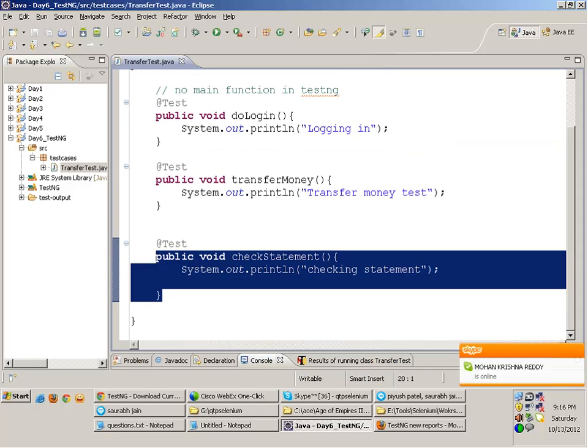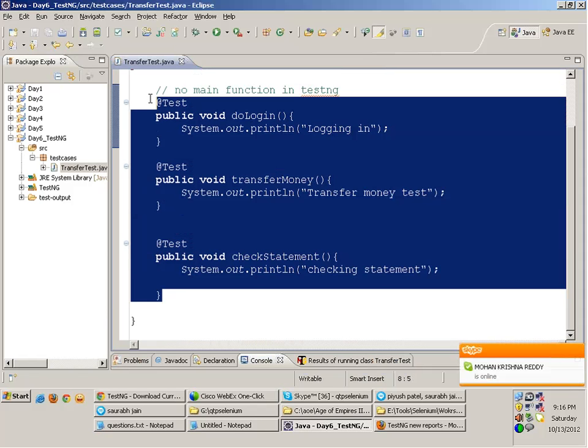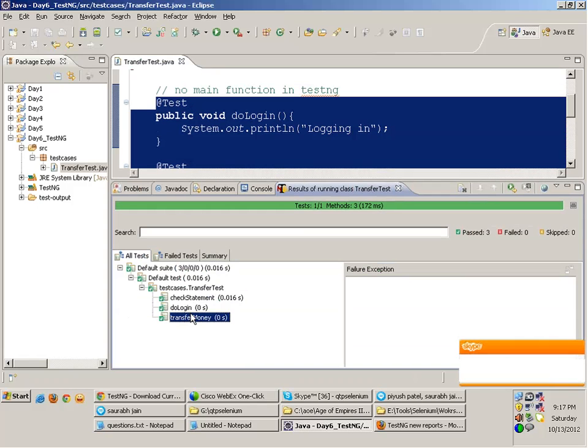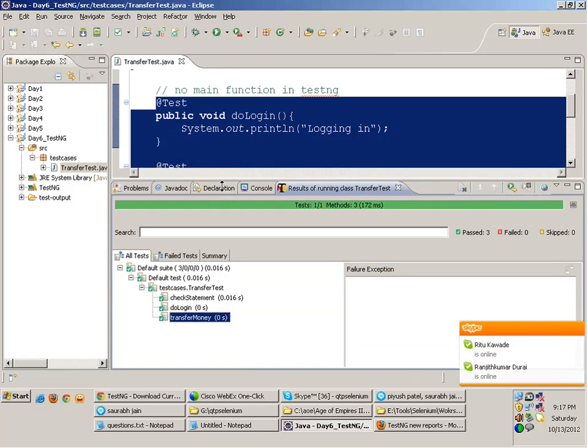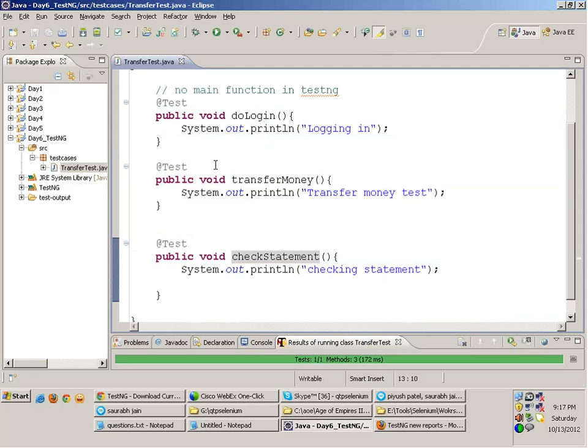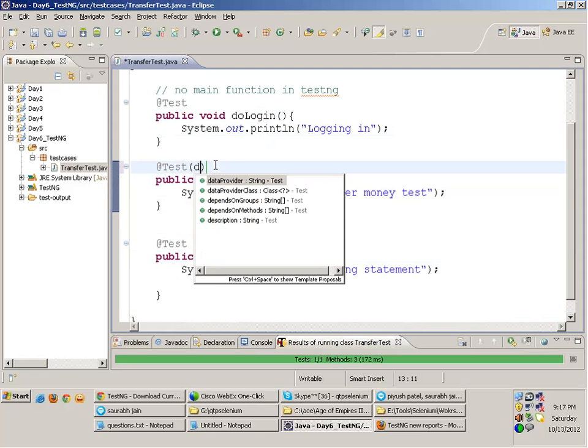Okay, the tests will not be executed in the order you specify them in the file. Fine, if you look at this output over here, we'll see that check statement got executed first, then do login, and then transfer money. Now I want do login to be executed first, and then transfer money, and then check statement. So I can write over here, this test